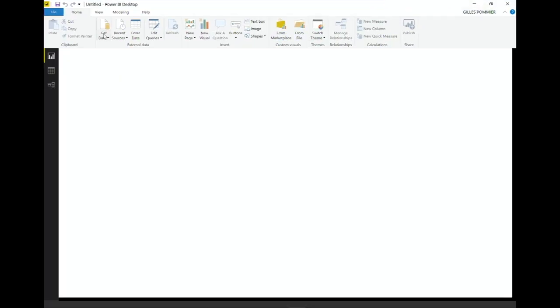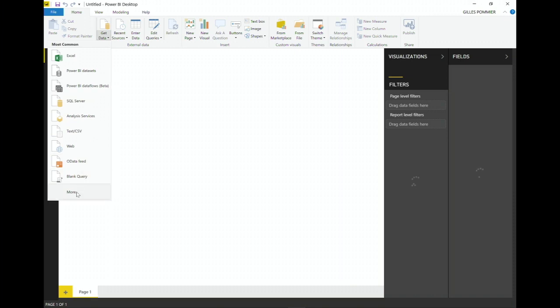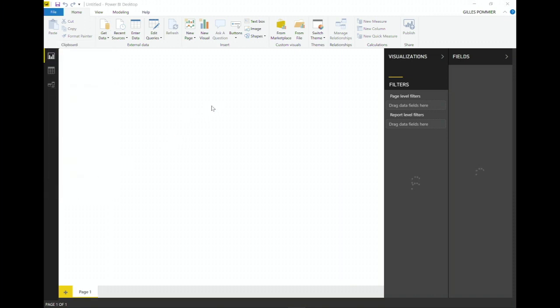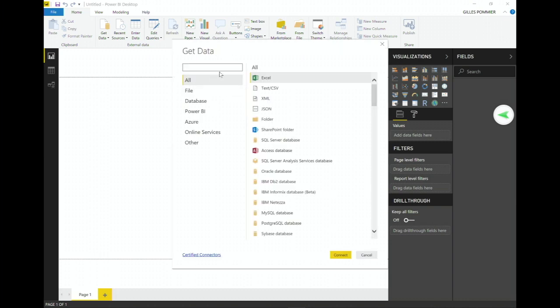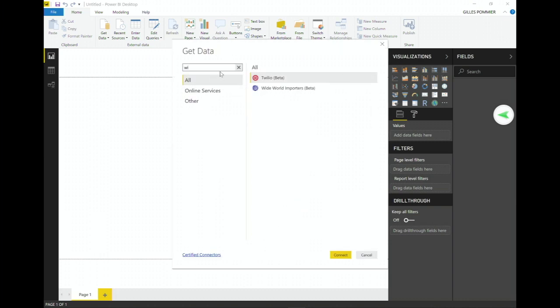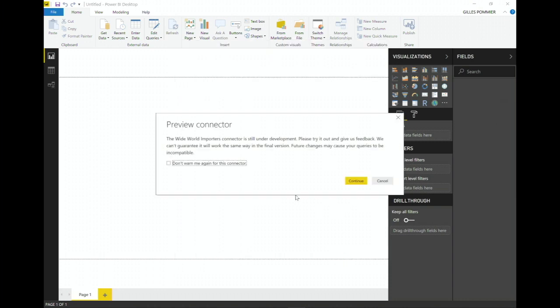So if I get data, more data, and if I go to, so it is very important. The source is available here, so it is exactly the same as another source.